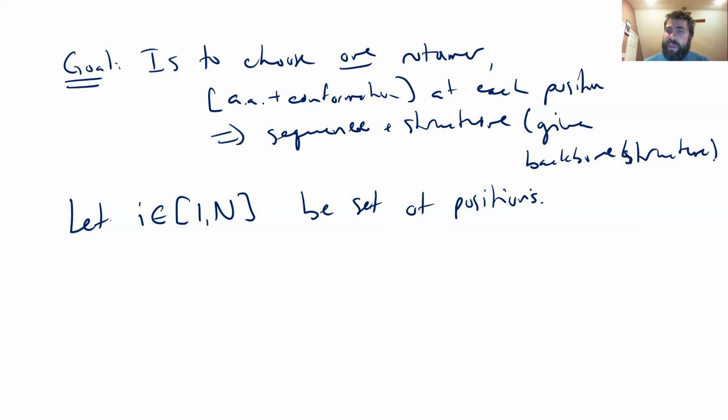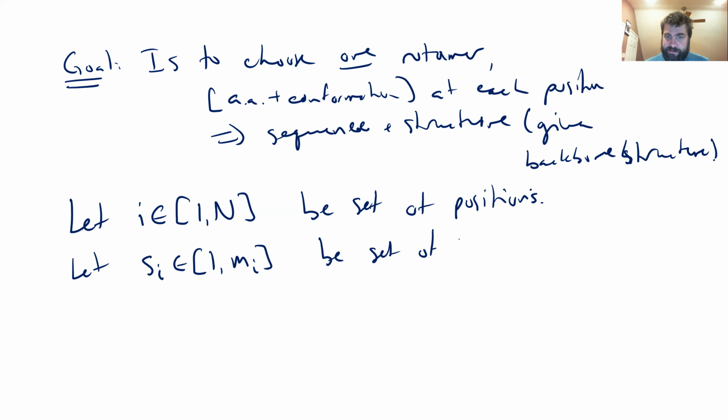And this may map onto the linear sequence, or it may be in a different order, doesn't really matter. What matters is that we cover all of the possible positions. And then we're going to let S sub I, which can range from 1 to M sub I,